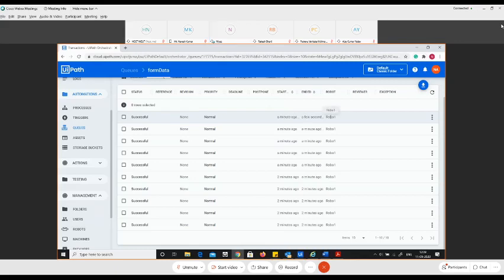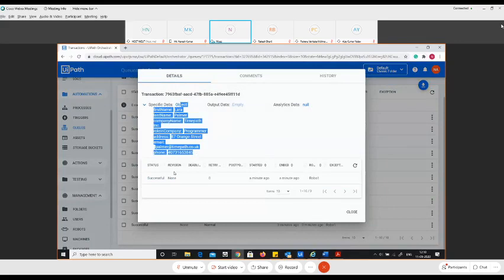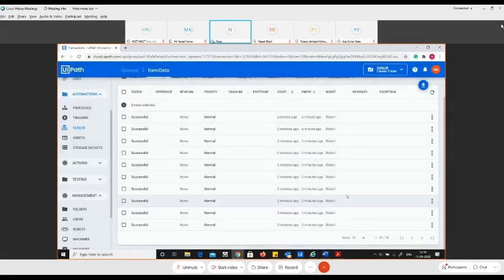And which robot was executing it? In our case, we had only one robot, Robo1. So it says Robo1 was executing it. And in case you have an exception, your exceptions would be logged here, saying an application exception or a business exception. You can also check the details, as in these were the queue items which we have used, and you can see here each individual status that it was successful, and so on. So this is all about queues. I hope the concepts of queue are understood by everyone.